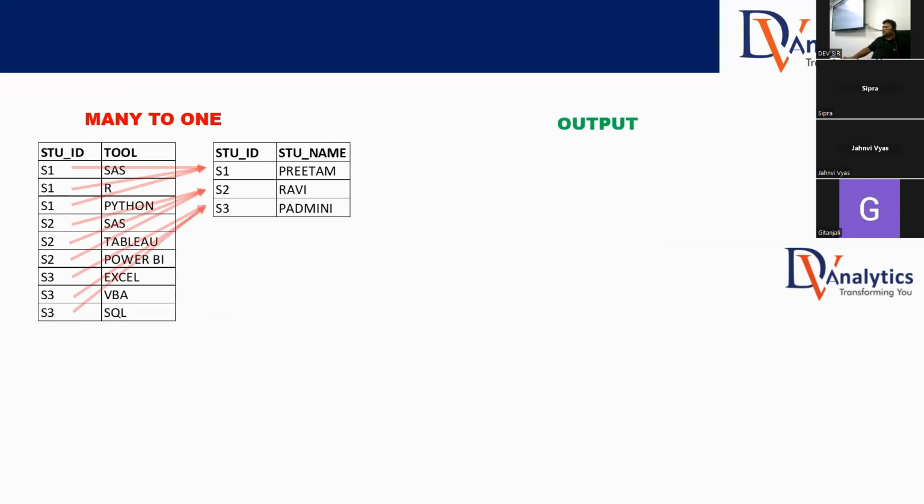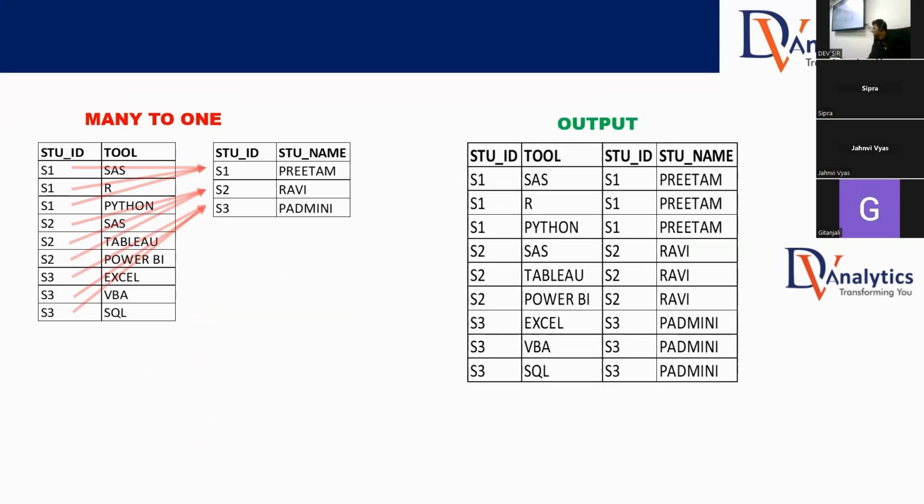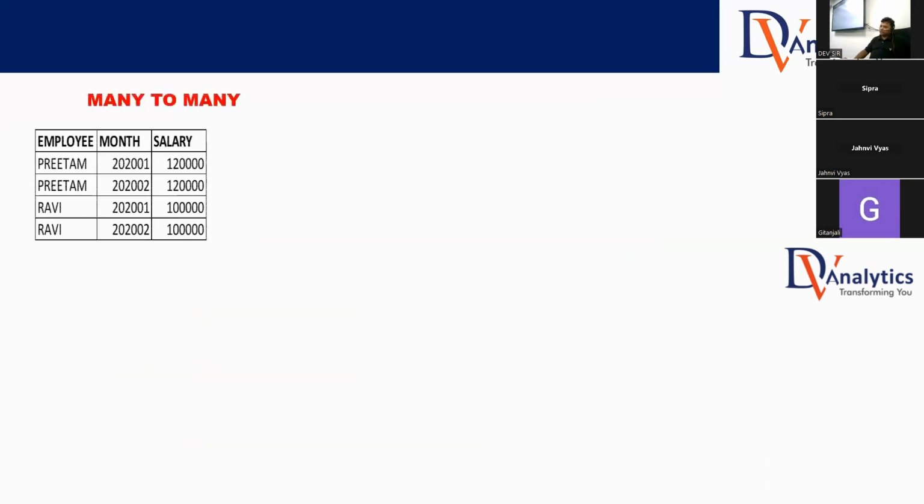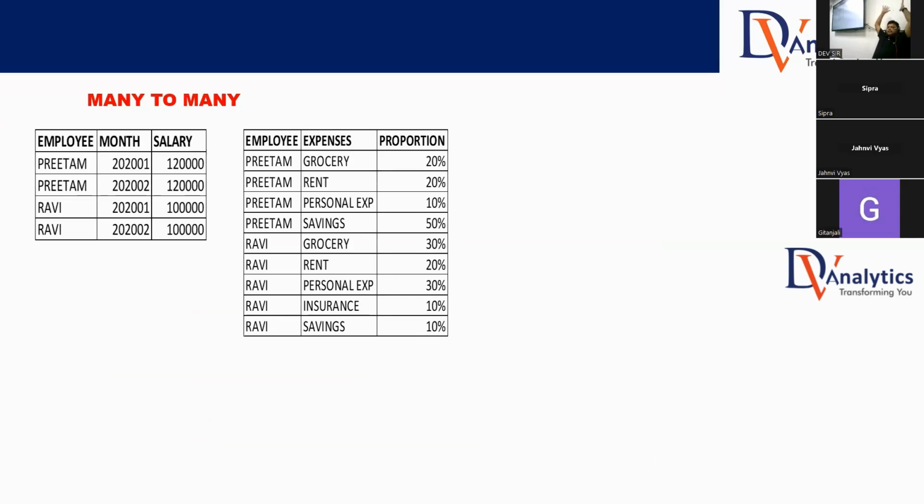Right? So ultimately, how many records will come? It will also give you 9 records. Yes or no? Clear? If you have two tables like this, one table is given employee and their monthly salary for the month